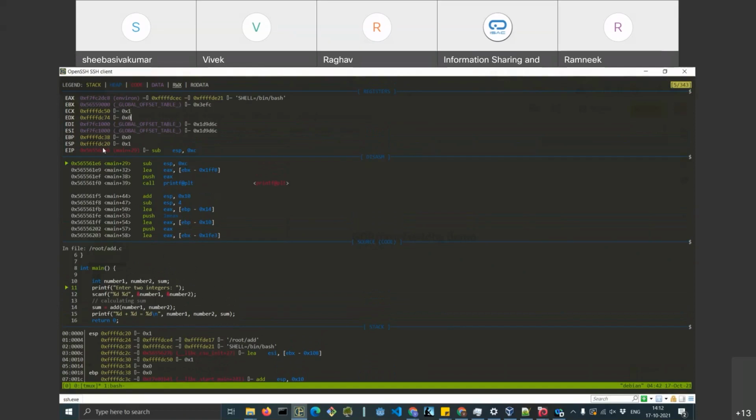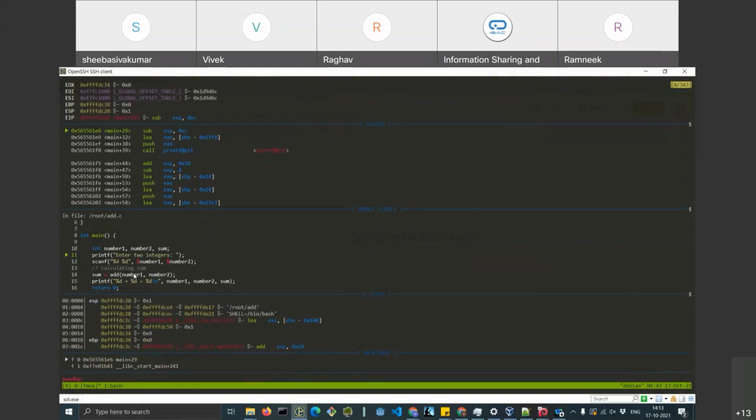Your EIP is here, and EIP, as I told, always points to the instruction which is to be executed next. Then you also see the source code here, the main function here. Then there is your stack. So this is how the program looks like when it is opened in a debugger.